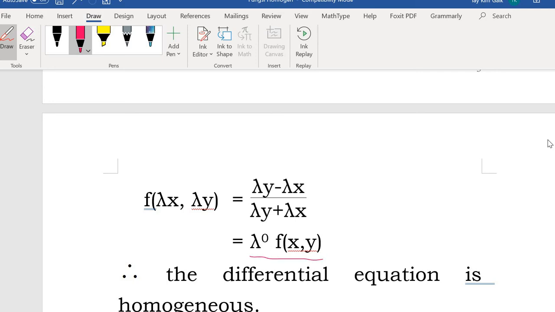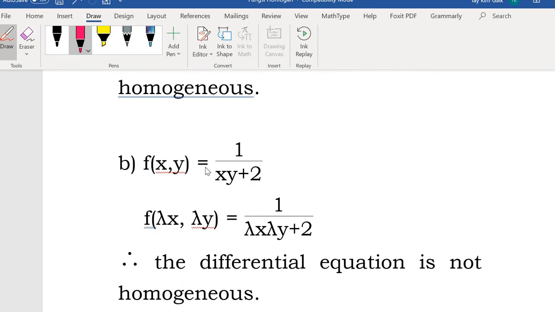So this is what we call it: when you replace the x by lambda x, y by lambda y, you get lambda power 0 f(x,y). This differential equation is homogeneous. Okay, for B,